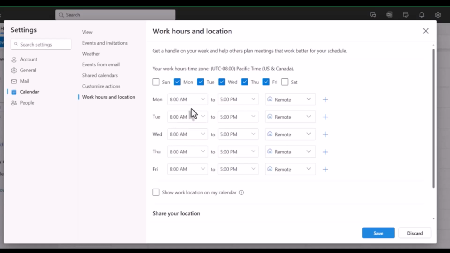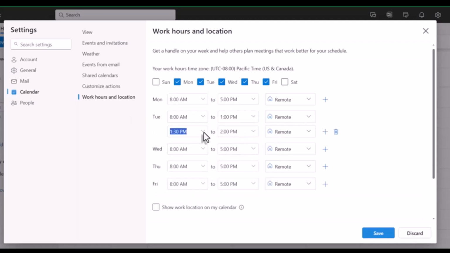And so let's say, Monday 8 to 5, let's say maybe regularly I work 8 to 1 on Tuesdays, but then I come back to work at 4 to 5. And you can actually do this on every day and have multiple time slots that you're available. It is important to note that this should only be done if this is a regular occurrence for you. Every Tuesday, this is the hours that you do.